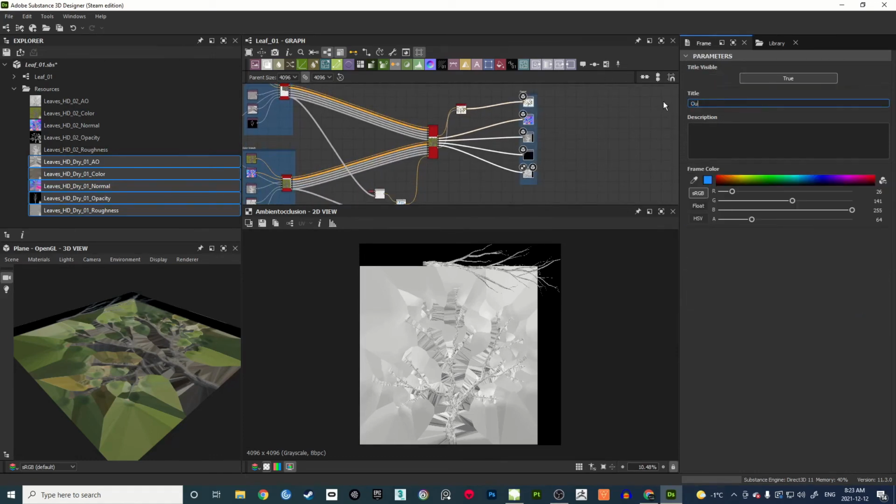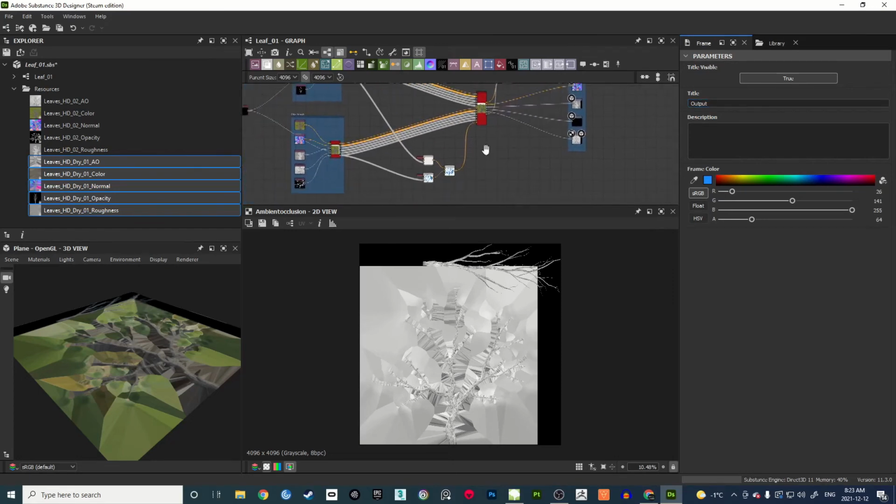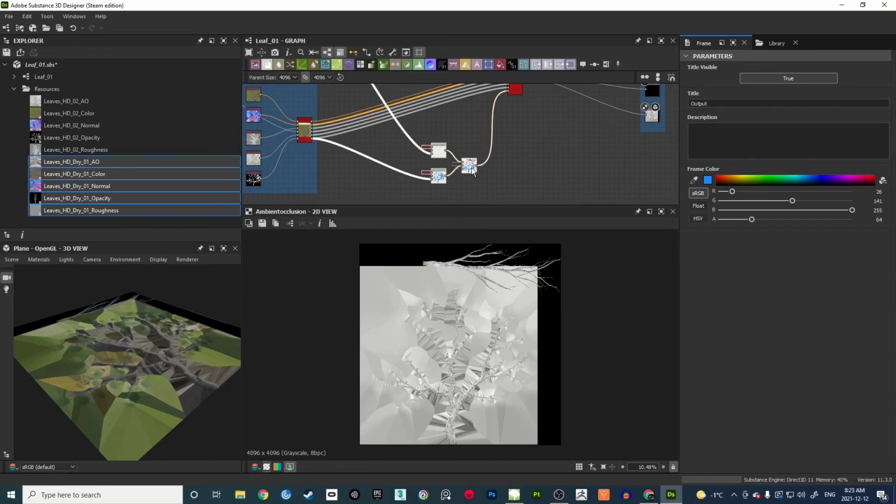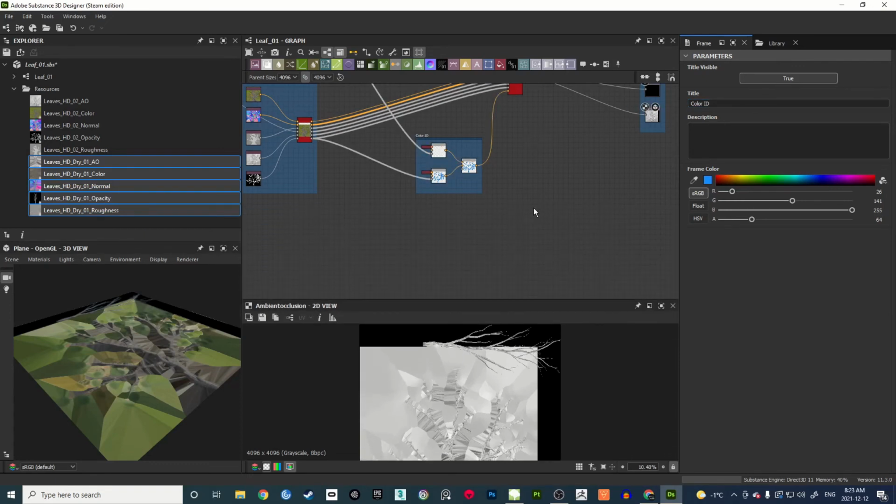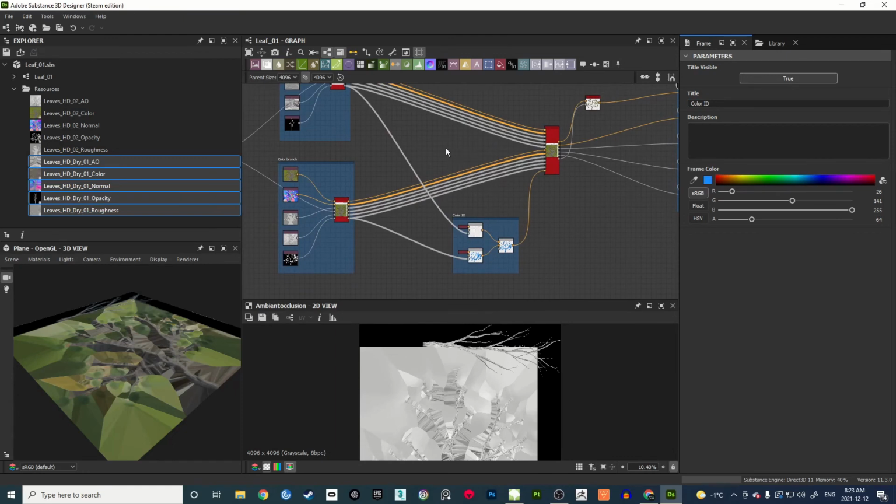I just get output just to keep it more organized. That's all. And this one as color ID. So that is pretty much it for this texture. So once we do this, we get all the channels ready